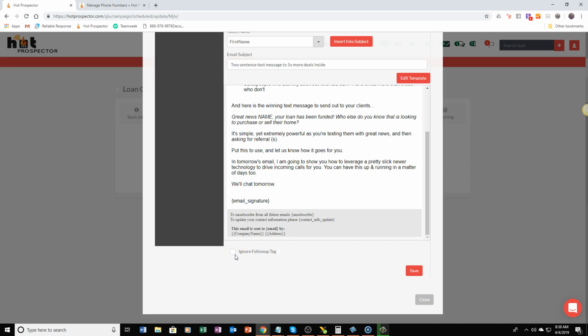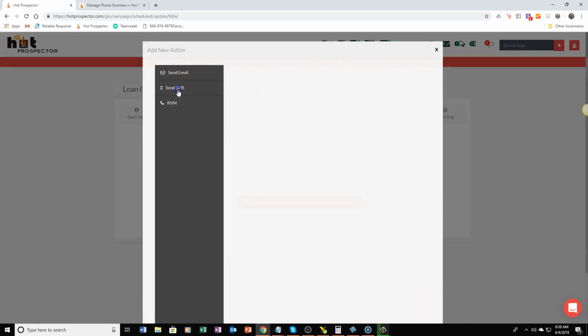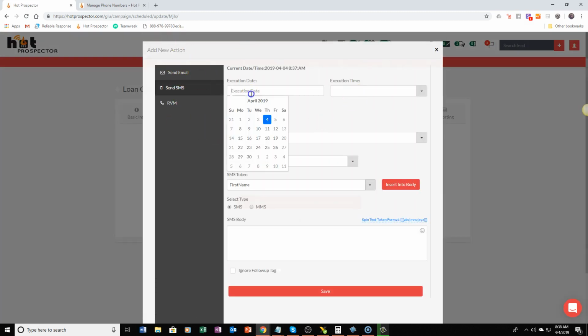But if you want all of your customers to receive a message here, you just select this ignore follow-up tag, and it's going to send a message to everybody anyways. So we're going to go ahead and click save. And there you have it. You've added a broadcast. And you can add as many messages as you'd like, SMS messages,